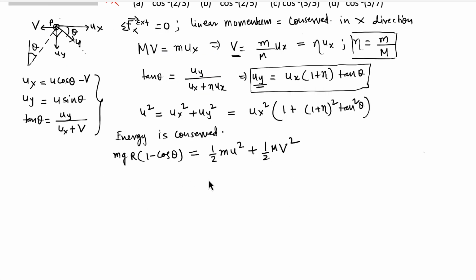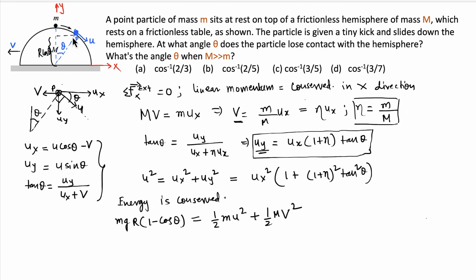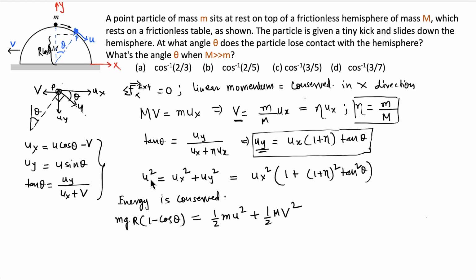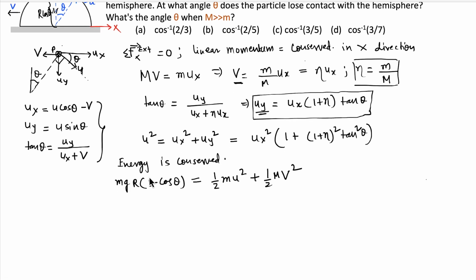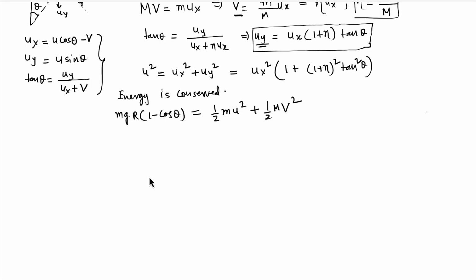Now we would like to get the equation in ux because there are two ways to solve this problem. One is by maximizing the ux at this point P where it is leaving the hemisphere, because if ux is maximum, then it should leave the hemisphere. And the second one is the usual. We will balance the centripetal force and then put the normal to 0 and then see what is the velocity. So let's get the expression of ux first.